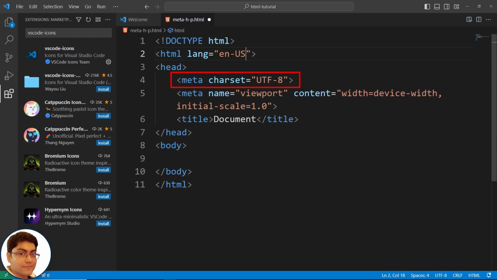According to the HTML5 specification, UTF-8 is the default character set for HTML documents. This means that if you do not specify a character set in your HTML document, it will be assumed to be UTF-8. The next meta tag tells the browser how to render the web page, to look good and function well